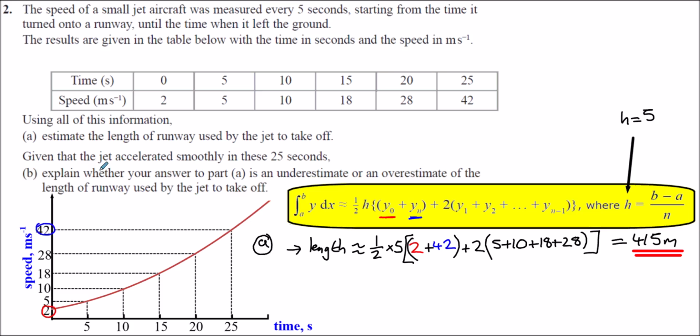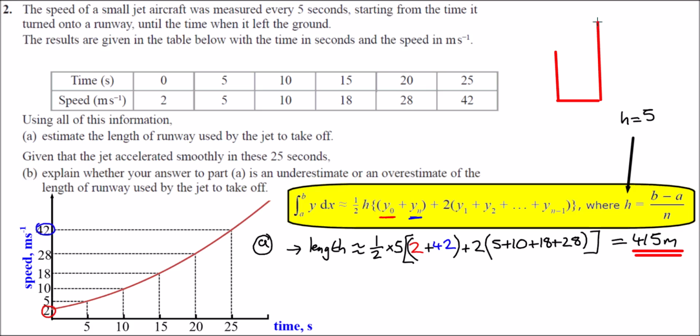Part B, we need to explain whether the answer to part A is an underestimate or an overestimate of the length of the runway used by the jet to take off. So essentially what we need to consider here is these areas of these trapeziums we've worked out, would that give an over or underestimate for each one? Well, if I just, for example, consider this final trapezium, if I just sketch this here, you can hopefully see that